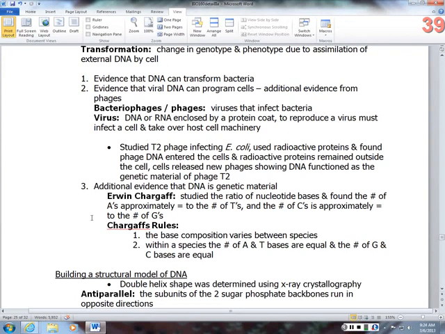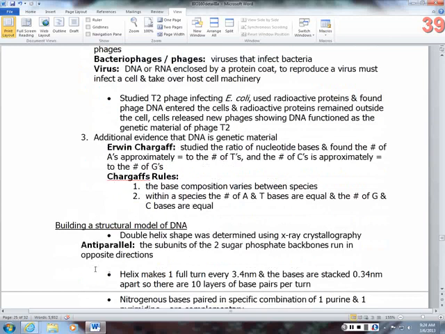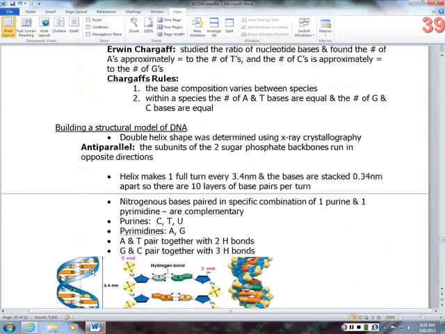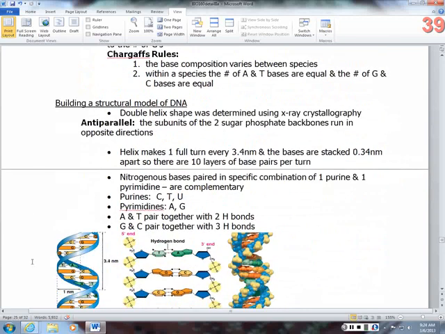What he found was that the base composition varies between species. Everybody's going to have A, T, G, and C, but the ratio of A and T versus G and C will vary. And within a species, the number of A and T bases are equal and the number of G and C bases are equal. So when we make this structural model of DNA,